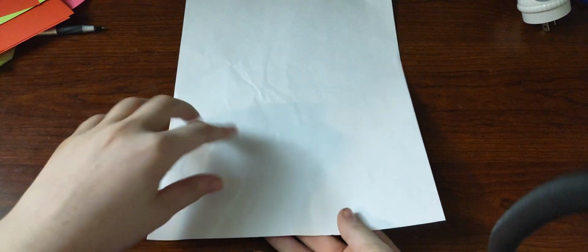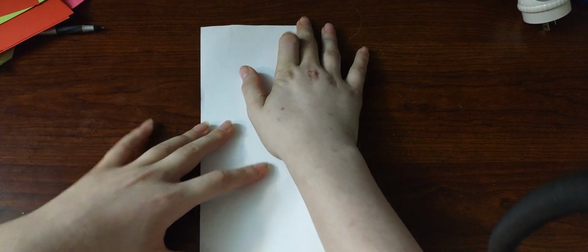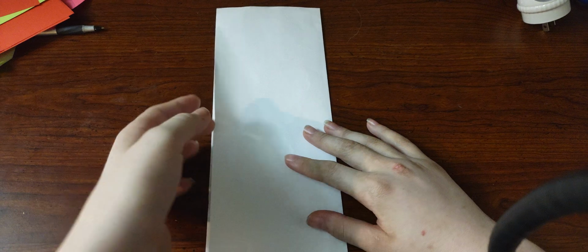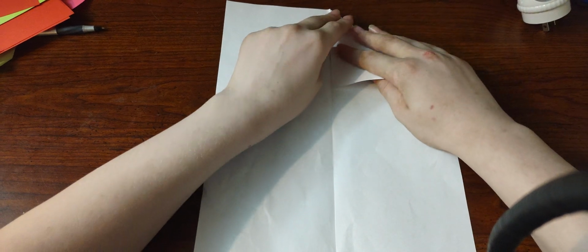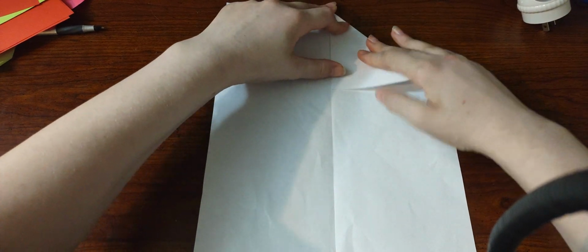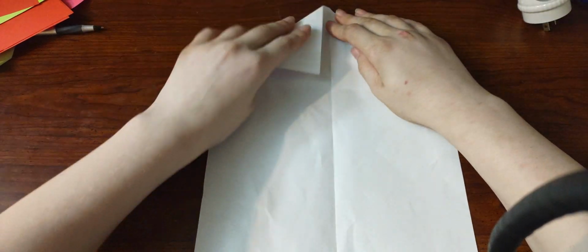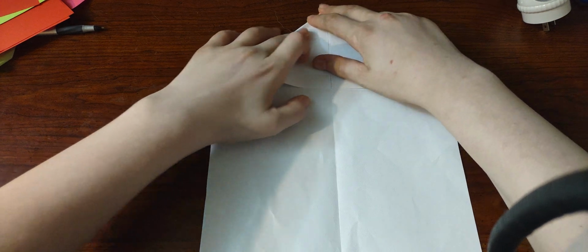So you'll just need an 8.5 by 11 sheet of paper. You're going to start by folding in half and unfolding. Next, you're going to fold to the center and unfold,